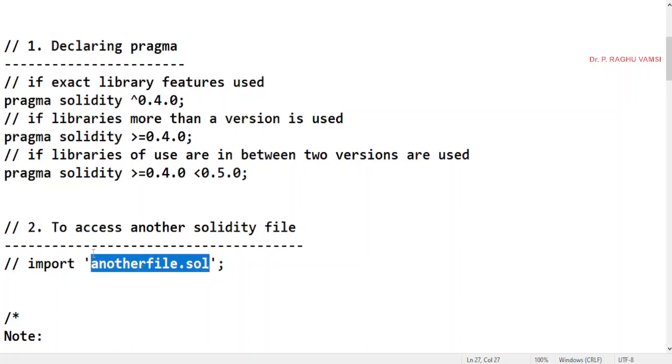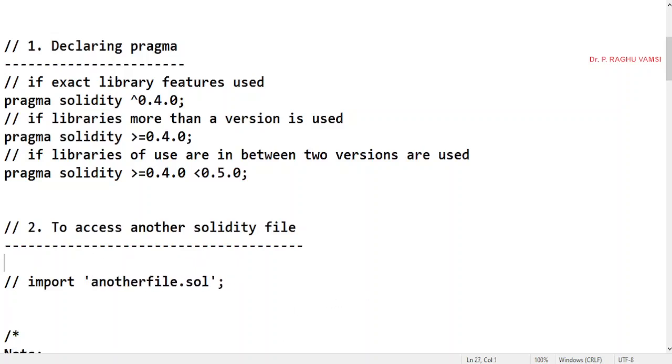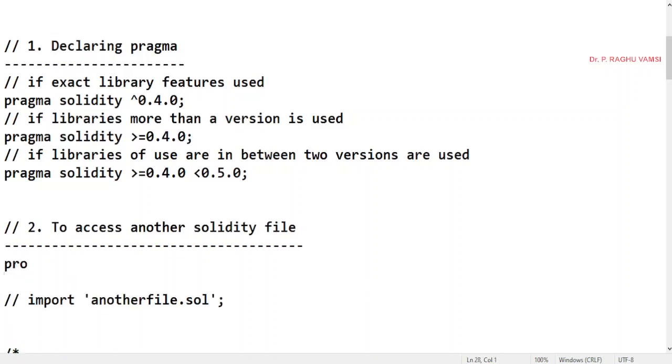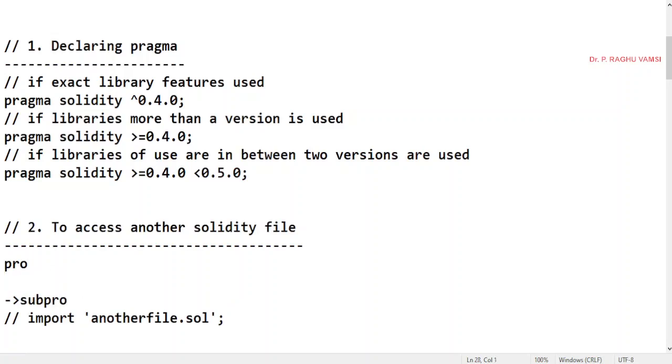For example, if it is in another folder, like this, dot slash, say you have a folder called program folder, and in this program folder you have another folder called subpro, and you have written a Solidity program here, a1.sol.